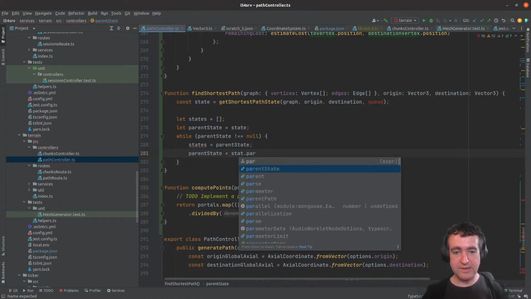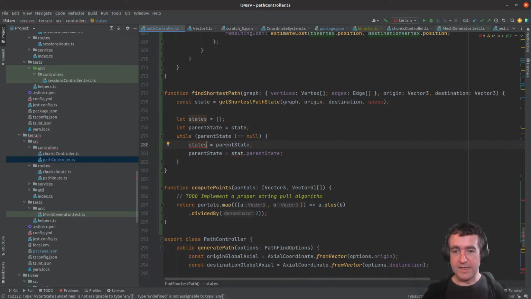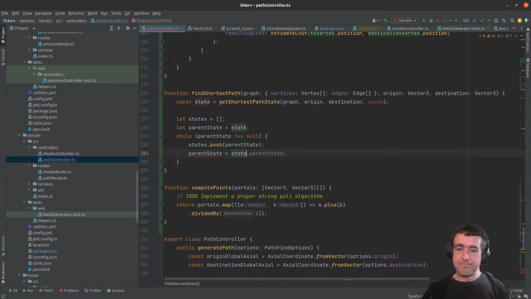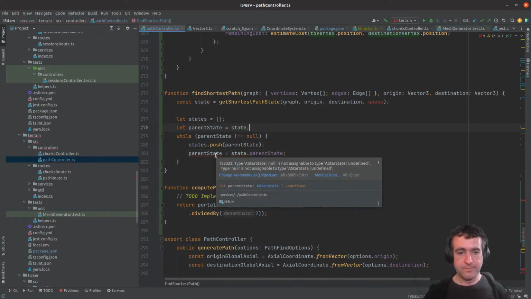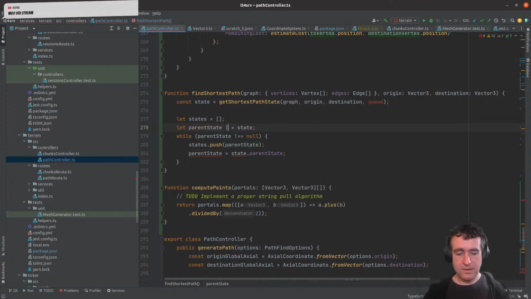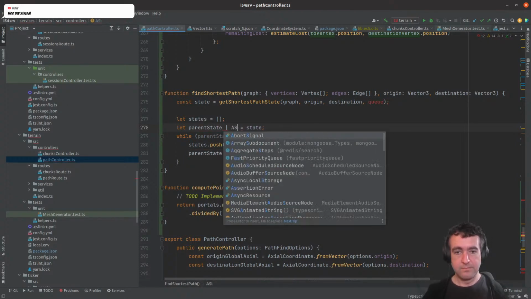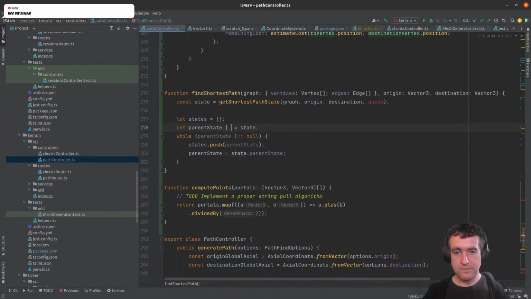Yeah, I know there's a bug, a compile error there. That should be states.push state.parent state. No. Oops. A star state or null is,